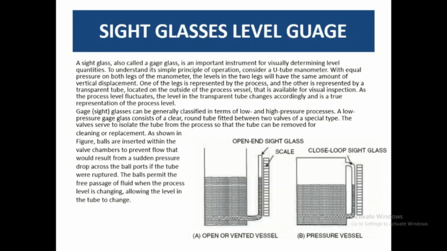Sometimes we install this type of level gauge for our slop tanks as well, even in our final finish accumulator tank, which I have told you, like a reflux drum, where the top products are accumulating. Similarly, if you have a certain storage tank or accumulation tank for your product, or maybe